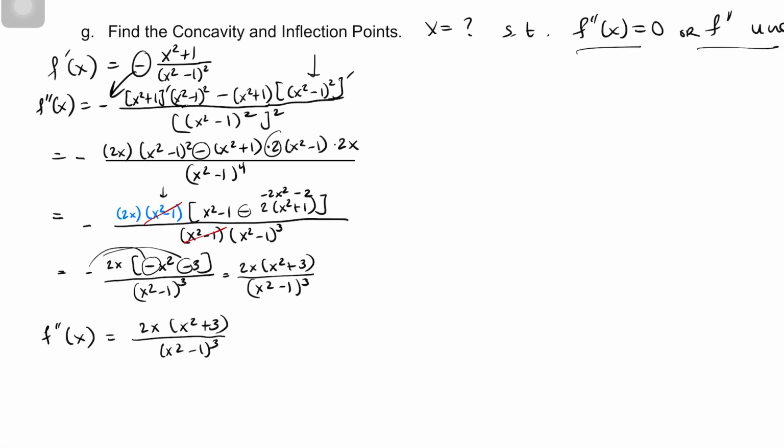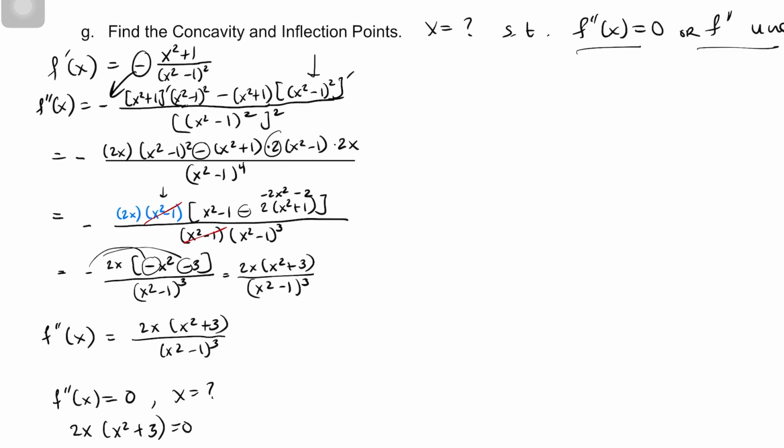Now we've got to figure out when this is going to be 0 and for which values this is going to be undefined. So let's look at the first case, when the second derivative will be 0. This implies, right, we're looking for x values that make that true. So this is going to be 0 whenever the numerator is 0. But this is going to only be 0 whenever 2x, maybe I'll do an extra step here, whenever the numerator is 0. By the zero factor property,